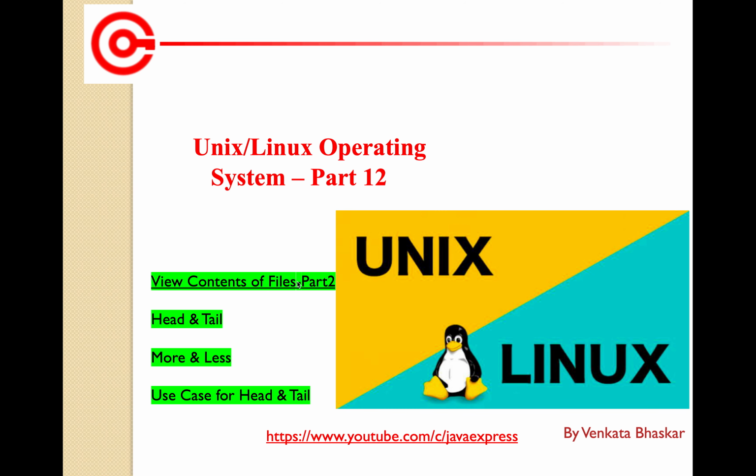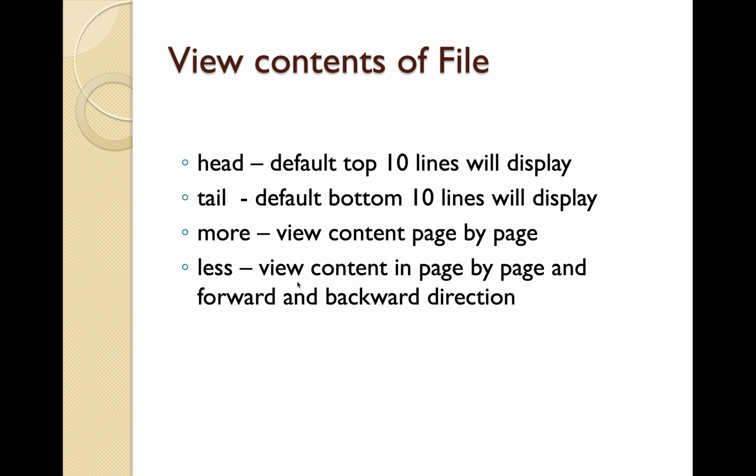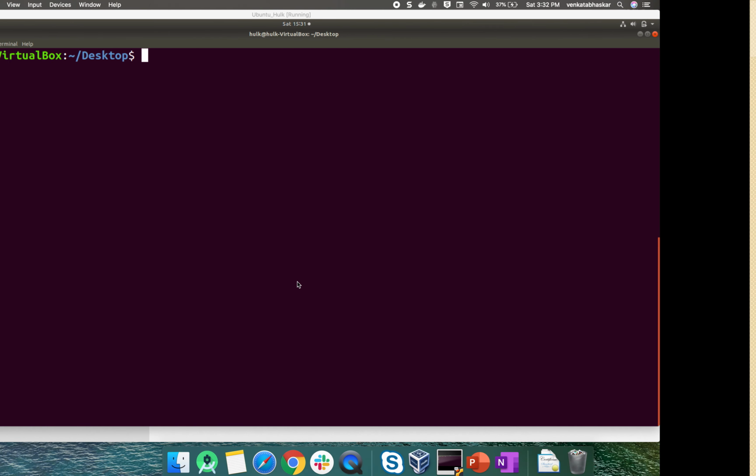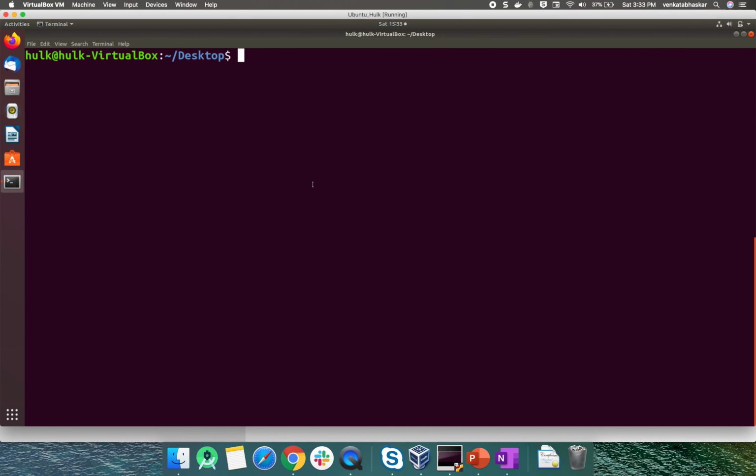We will see. If you see here, there is a head command. The head command is like the head of a human being, where the brain is, right? Like that for the file. If you want to see the top data, a few lines, how do you use this command? Let me show you. I have a file with huge content. Let me show you using the cat command.